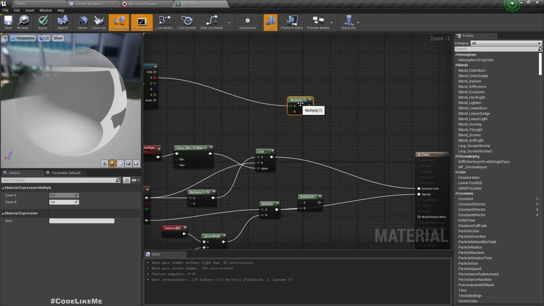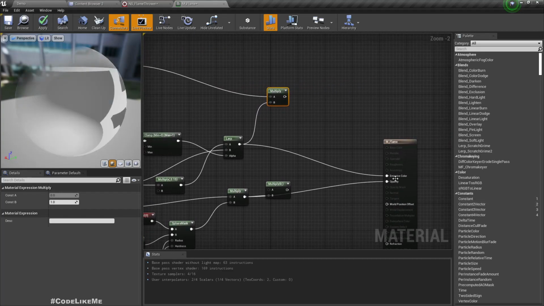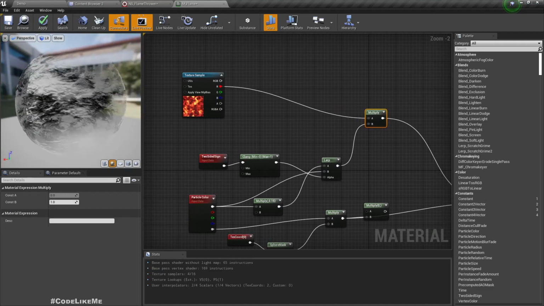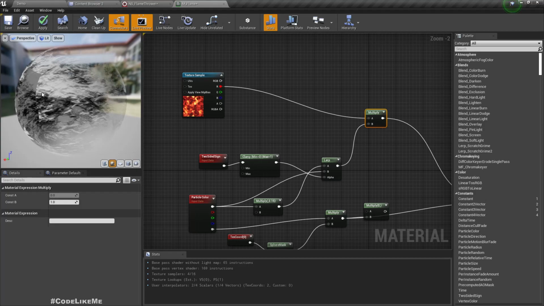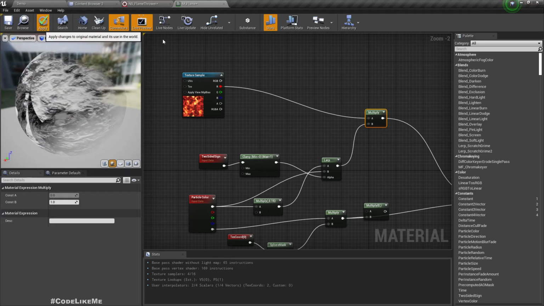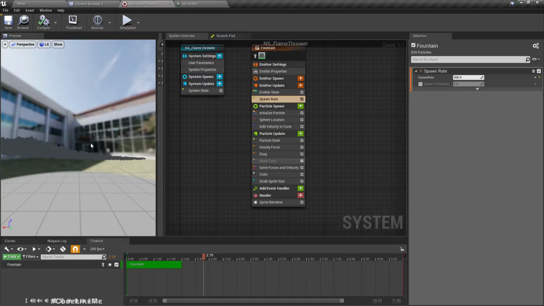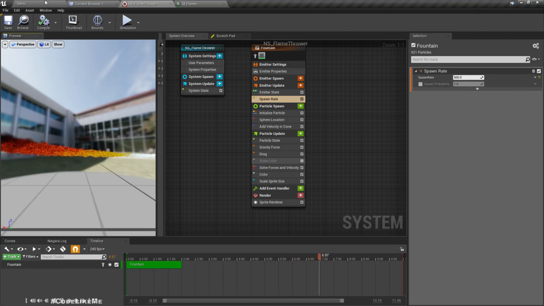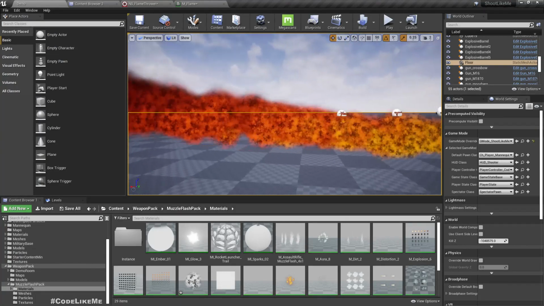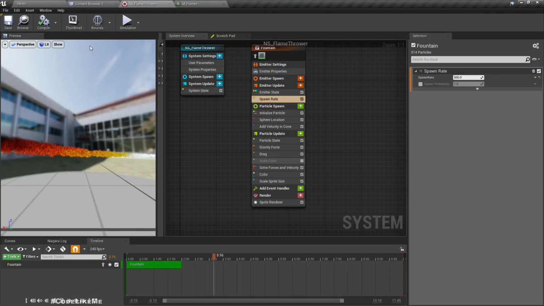Before connecting this output to the emissive color, I'll multiply it with the red channel of this texture. So here now we have some type of texture. If I apply it, you will start to see some texture in the fire, but it's not actually good. If I stop the simulation,